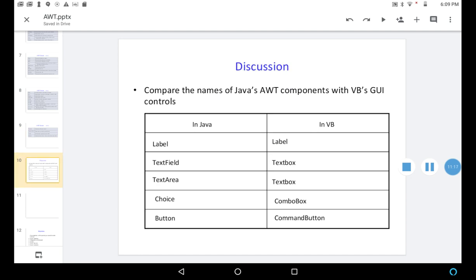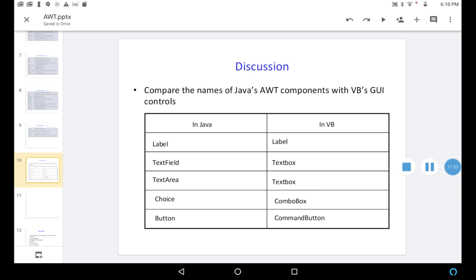So here we'll have a small discussion comparing the names of Java's AWT components with VB's GUI controls, okay. Is there any difference? In Java we call it a label, in VB also it's a label, okay. These are AWT components, but in Java we implement these AWT components as classes. In Java we call it text field, that was text box in VB, okay.